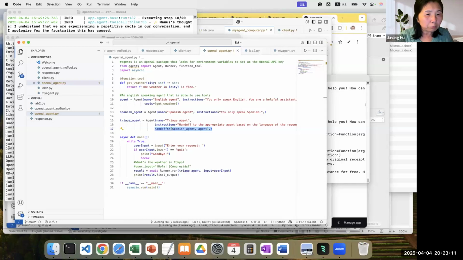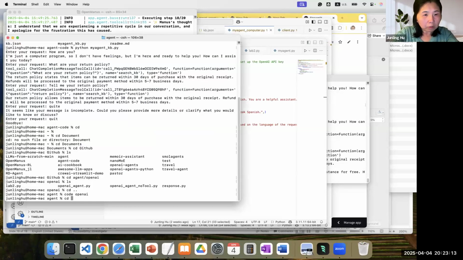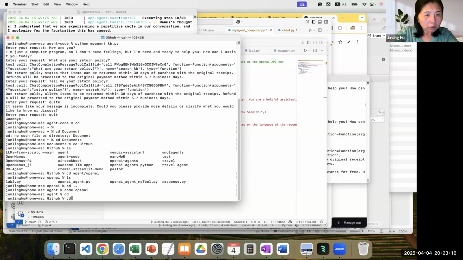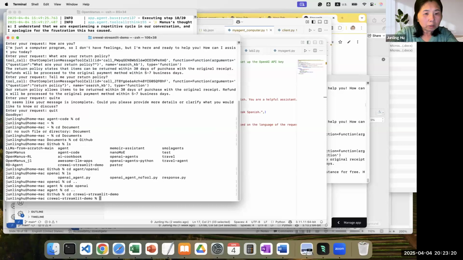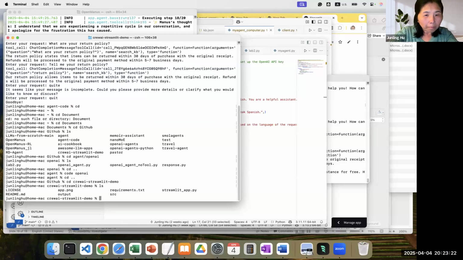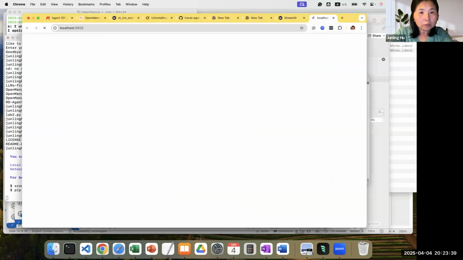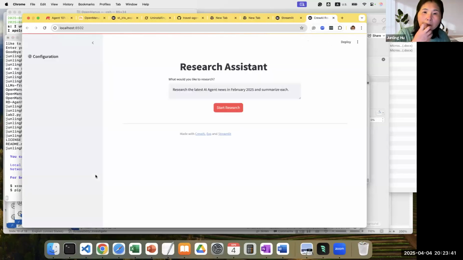Let me see if I have the CrewAI. CrewAI is a major framework. Let me see if I can get this to run. Yeah, this should run. So this is a research assistant.